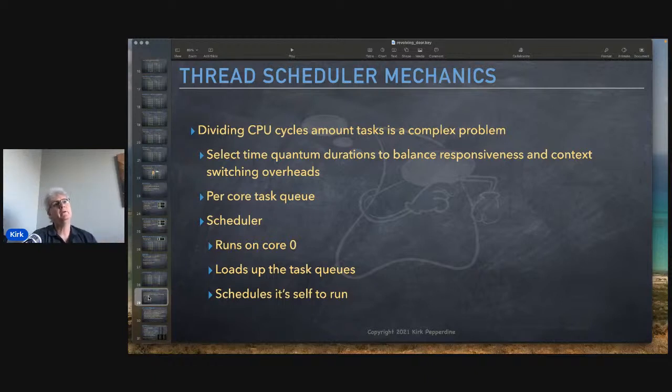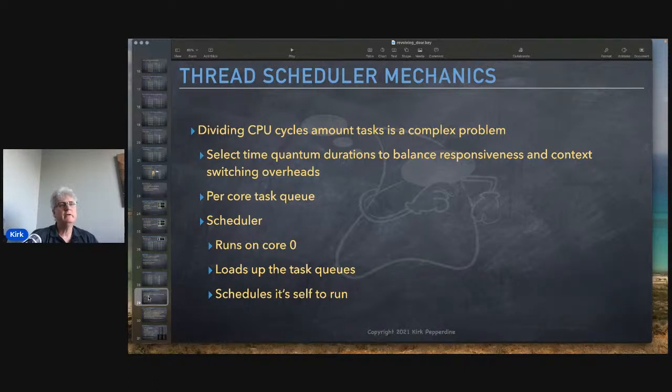So if we look at what the thread scheduler is doing, it's dividing CPU cycles, which is a fairly complex problem. There's a nice paper out there I referenced at the end, called A Decade of Wasted Cores, which looks at the efficiencies or inefficiencies within thread scheduling. Recently Linux has gone through a number of changes, and these have rippled through other operating systems, but they wanted to have some sort of fair share, so they've had to go to more complex schemes. The point is,